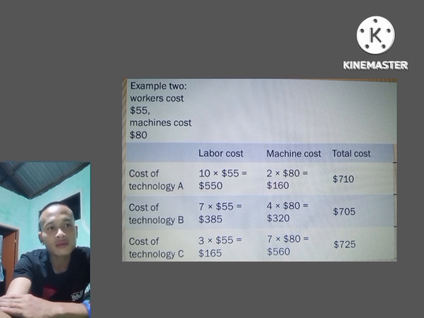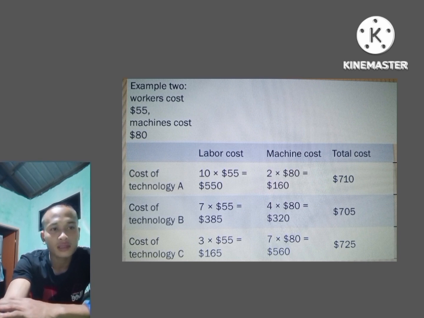So the cost of technology B: 7 workers times $55 worker cost equals $385. Then the machine cost is 4 machines times $80 machine cost equals $320. So you add the labor cost and machine cost: $385 labor cost plus $320 machine cost. The total cost is